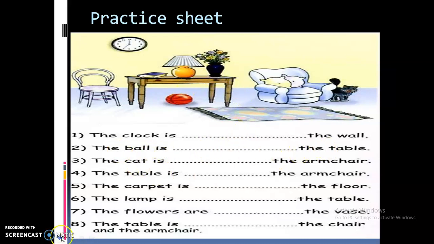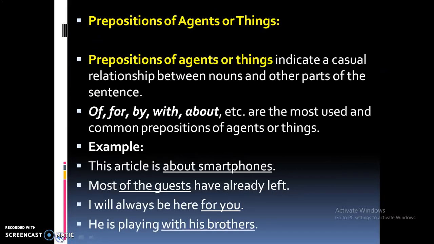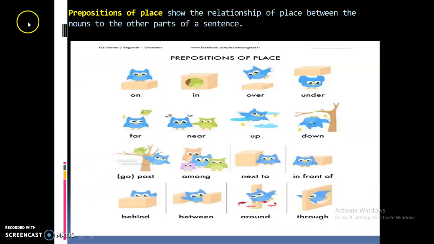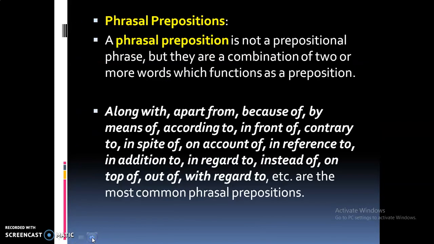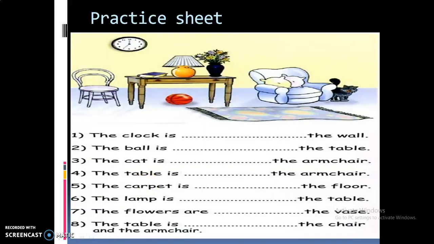So already we have seen, I have given you a pictographical. See here, this you can take as an example. On, in, over, under. So now see this practice sheet and do these exercises. The ball is dash the table. Okay, where is the ball? The cat is dash the armchair. So where is the cat? Here, the cat is here, and this is the armchair. So the cat is, the table is dash the armchair. Again the table, this table. The car